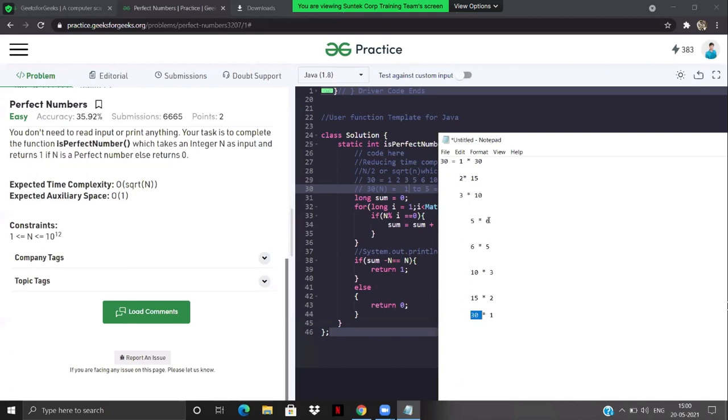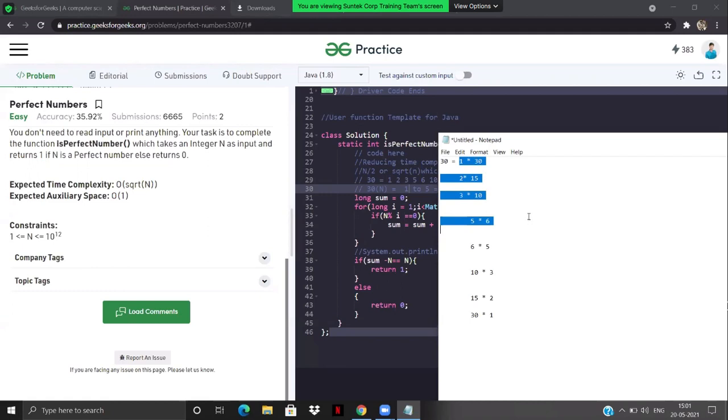But in the second approach, what I know is that this number is the perfect reverse of this number. So rather than going through the whole loop, I will just consider these many numbers, and that's always in between the square root of n. So if I have the numbers 1, 2, 3, 5, and I need to include 6, I can get the 6 from here. The 10 I can get from here, the 15 from here, the 30 from here.